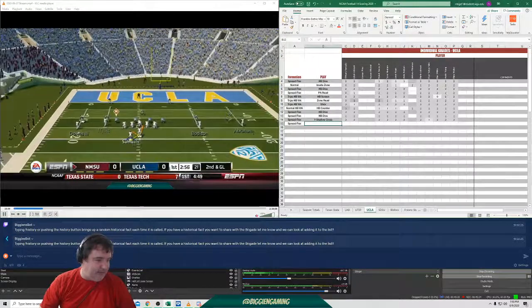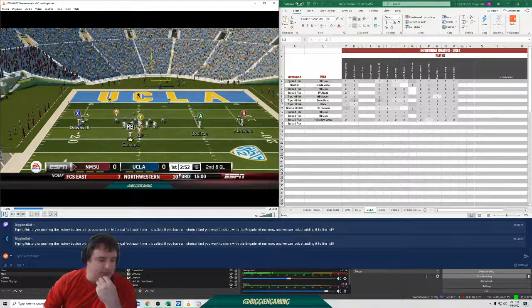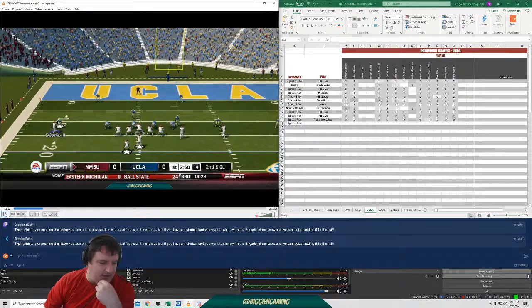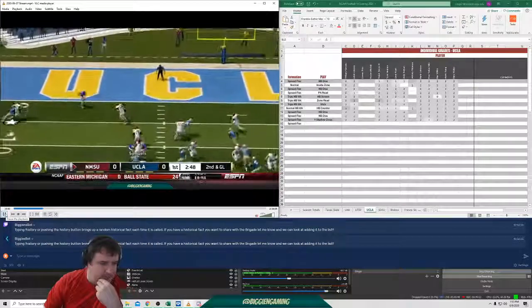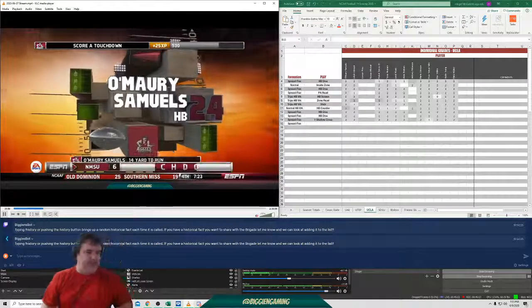So I decide, hey, we're gonna run zone read. Block, block, block, block. They're gonna be in a pass defense now because it's 2nd and goal from the 12-yard line. We're reading this guy, so if we can get up to this guy, tackle up to this player, block, block, block. Just got to beat one player for a touchdown. Motion wide over. Get that guy, clean that all up for us. There we go, folks. That's a touchdown run for Amari Samuels.